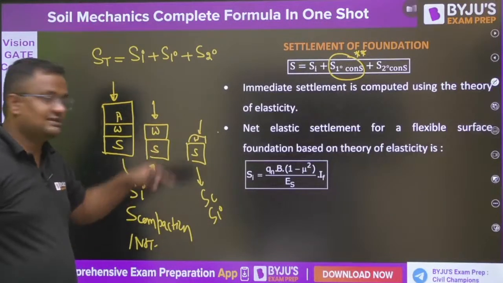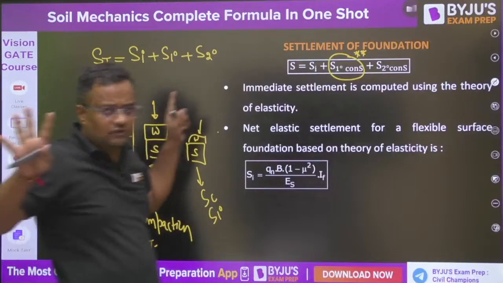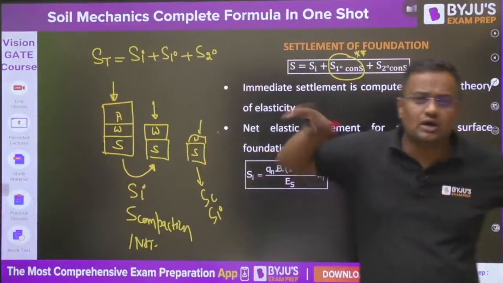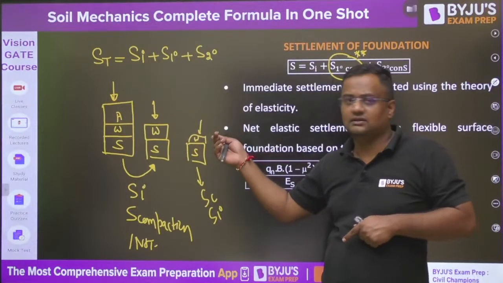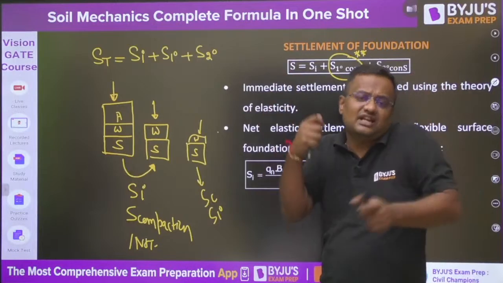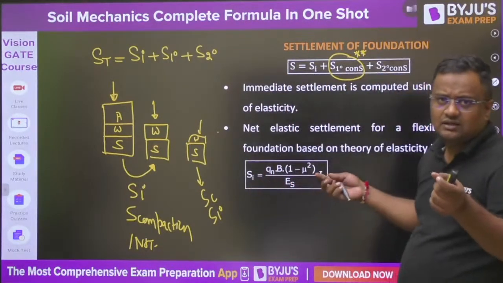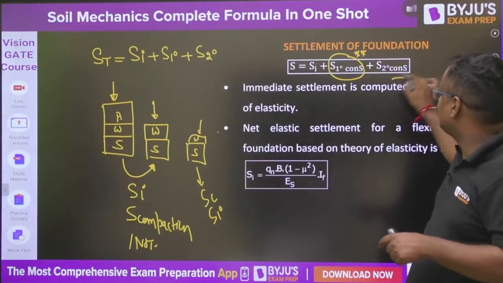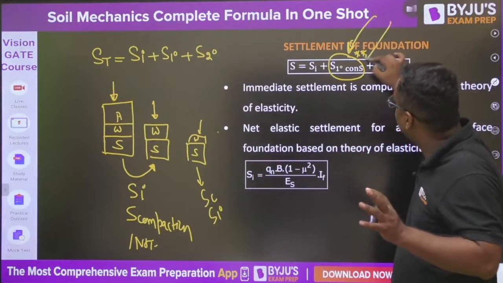Then further, after some time, particle rearrangement takes place. Highly viscous water, which was initially not coming out, not dissipating out, starts dissipating once excess pore water pressure builds up. If highly viscous water which was not coming out, or some plastic rearrangement of particles takes place, and further settlement is there, very little, after a very long amount of time, that is secondary consolidation. In the consolidation chapter, every formula is for primary.